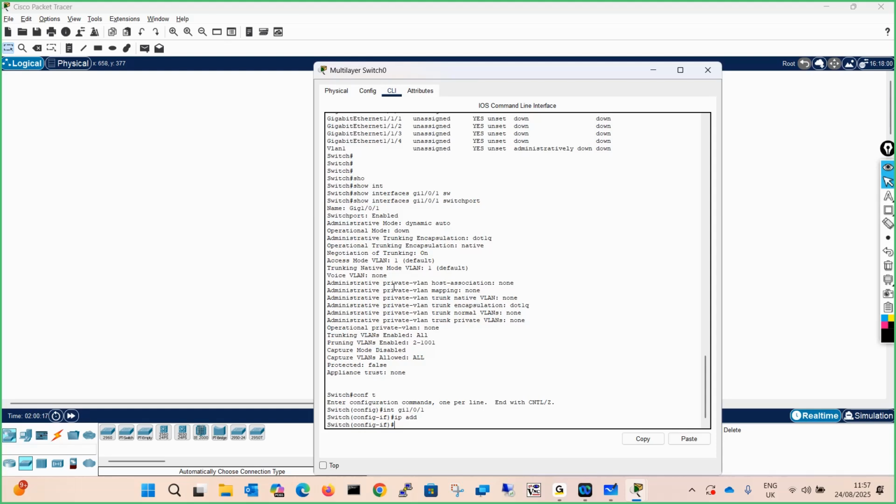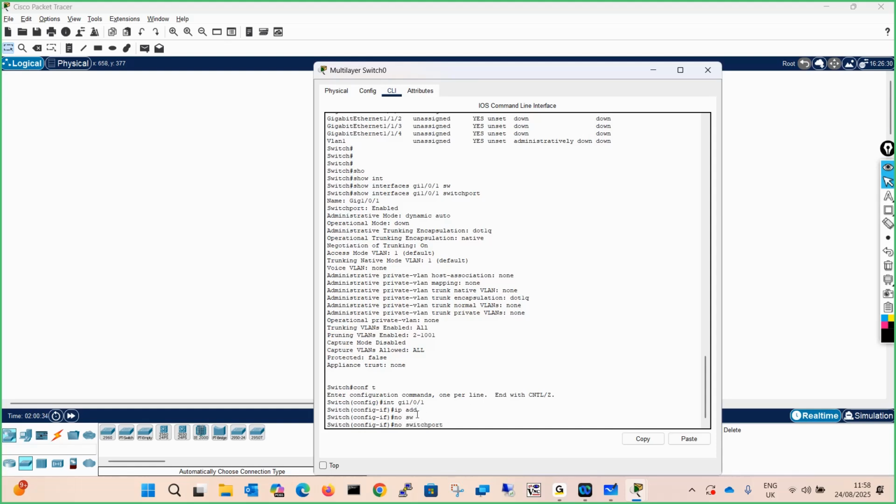So if you want to configure the IP address over here, what do you need to do? You need to make it a layer 3 port. To make it a layer 3 port, the command is no switchport. Come to the interface gig 1/0/1, give the command no switchport and hit enter.